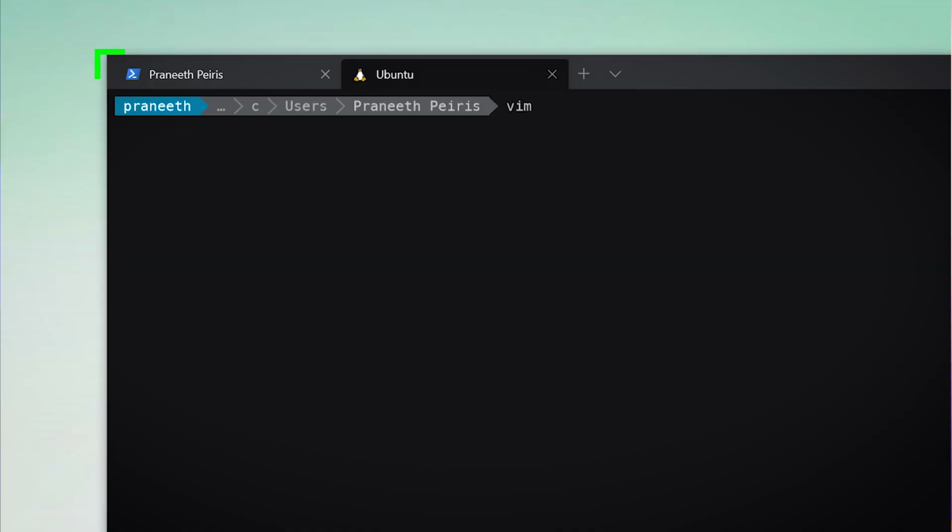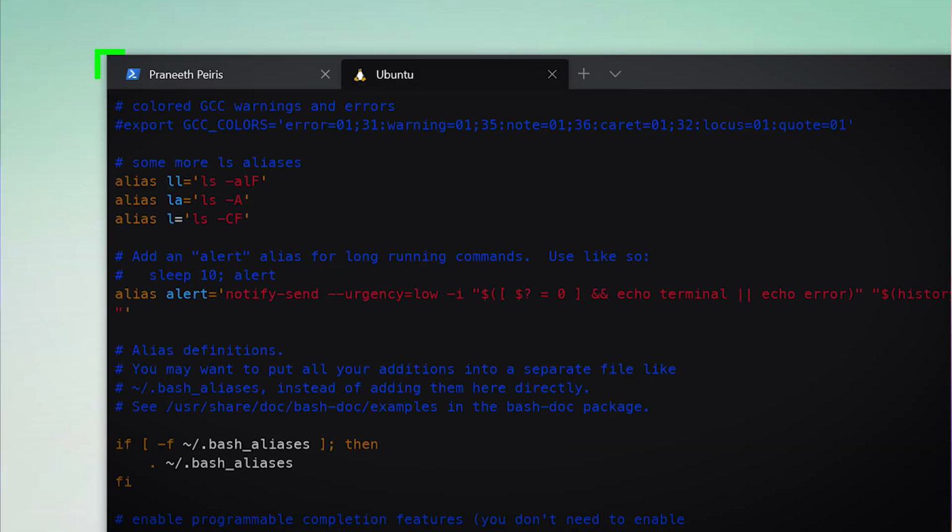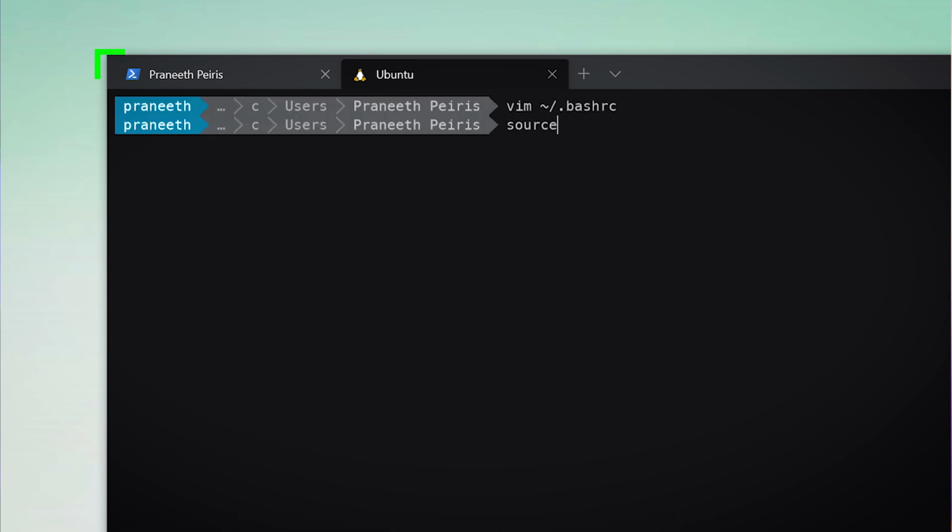Also, you run these commands using a shell, right? So there is bash, there is zsh, and there are a lot of other shells for a Linux system. Usually the most popular one is bash, but now in new macOS systems they use zsh. On Windows there is no concept called bash, it's usually the CMD prompt. On a Linux system you can create profiles for your shell, for example bashrc or bash profile. Whenever you open a shell like a terminal instance, it will run this script and do a bunch of stuff. If you need to initialize some environment variables, or run some scripts whenever you log into the terminal, then you can do that.